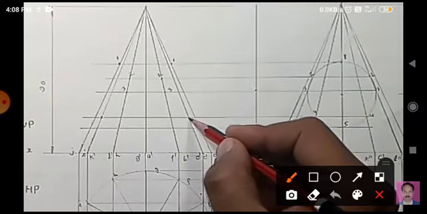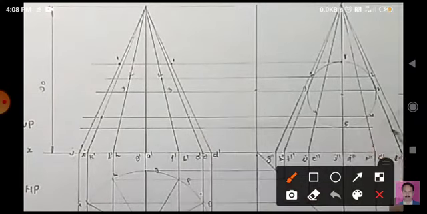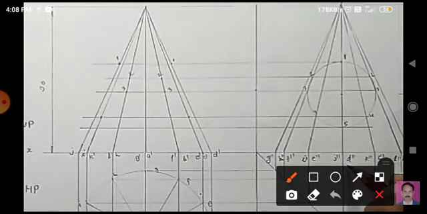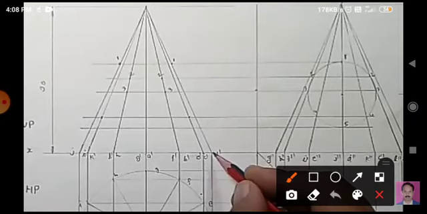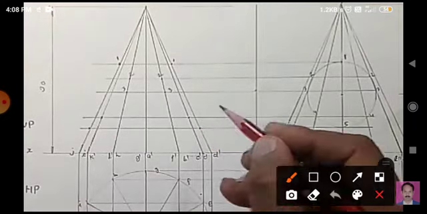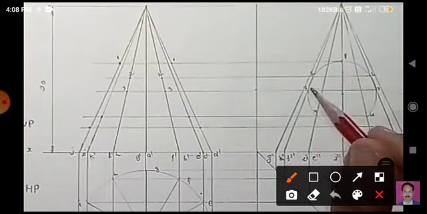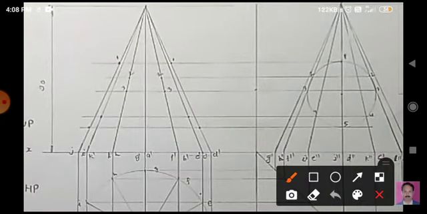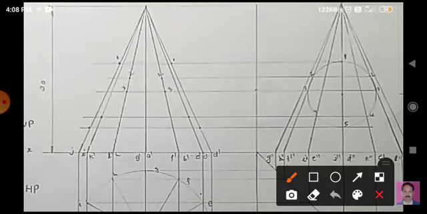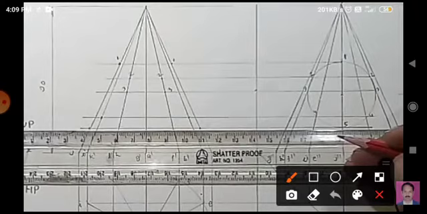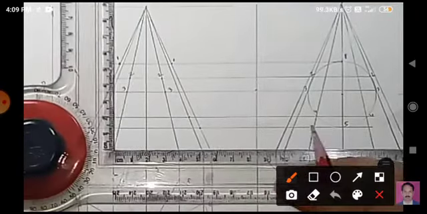Similar as you are doing on the left side, you have to do on the right side. Just a problem of names will be there, so comment properly. And this one is the last point, which is again similar. 4 and 4 again, and 5 will be there. And this one is the